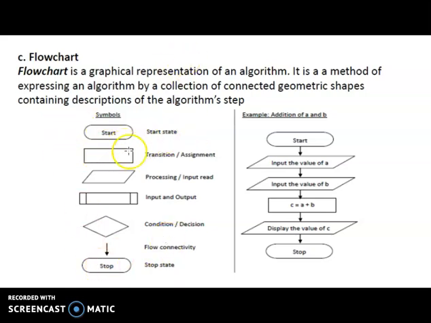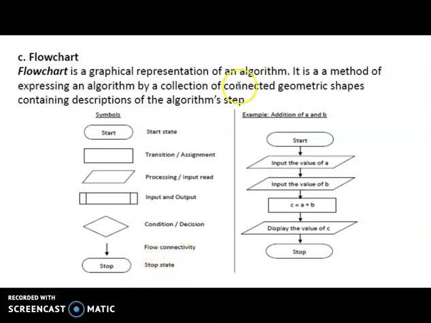This is called a process or assignment. This pictorial representation is called processing and input read. This is called input and output. The diamond is called a condition or decision making. This arrow is called flow connectivity. This oval symbol is called the stop state.